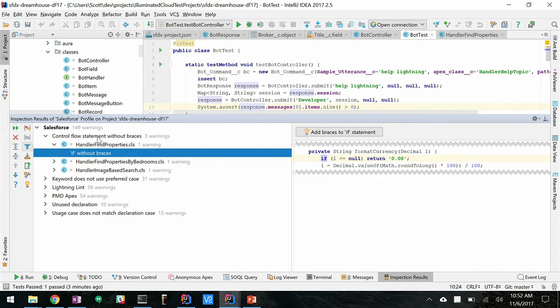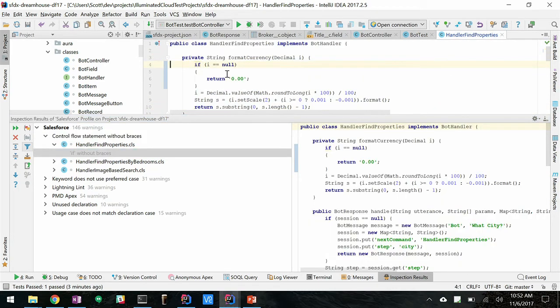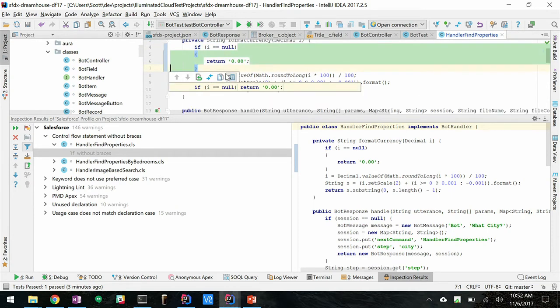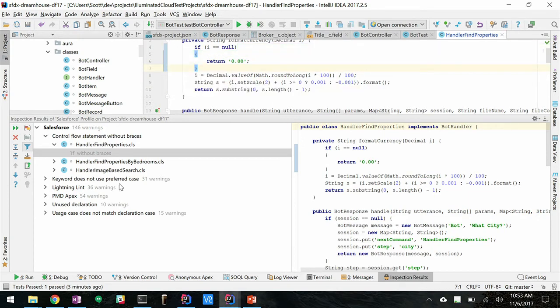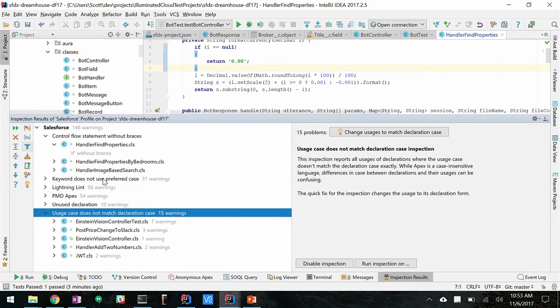And so what we can do is just go fix those right here, and it just fixed those. So you can see that this one now has braces around it. And if we look at the difference versus version control, that's the difference right there. By the way, IntelliJ's version control integration is absolutely astounding. It's not something that I did or anything like that, but it is one of my favorite features of the IDE. So if we go choose another one,